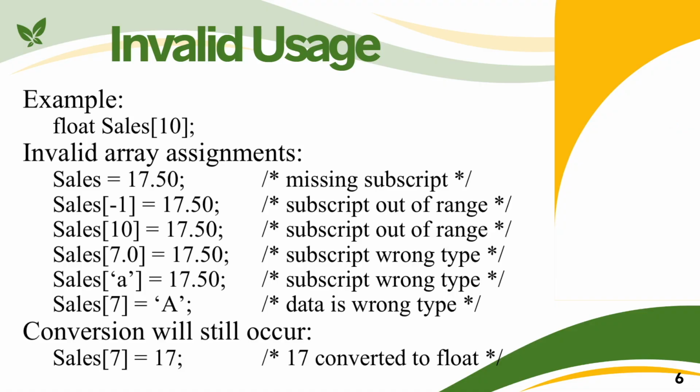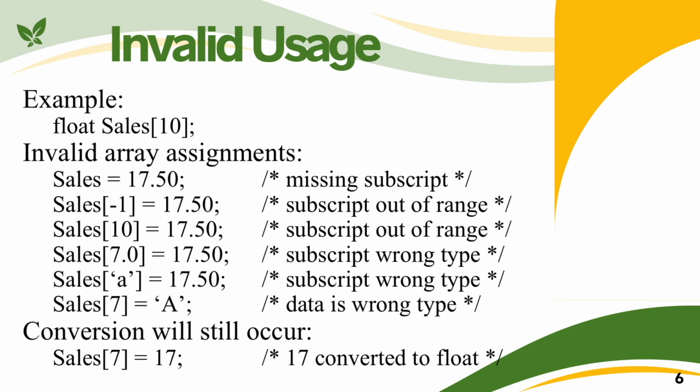And here also I have given you some invalid usage of arrays. So, here the first example is float sales of 10, which means I have an array named sales with size as 10 and its data type is float. So, the following are some of the invalid assignments which you could do with an array, like sales is equal to